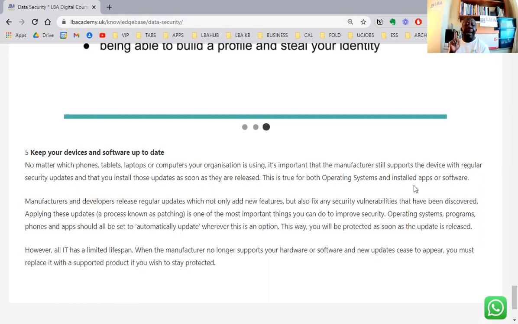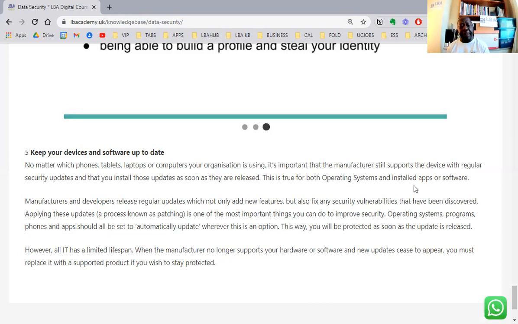Hey, I can see you out there. If you're still running Microsoft Windows 7, you don't want to do that. Manufacturers and developers release regular updates, which not only add new features, but also fix any security vulnerabilities that have been discovered.